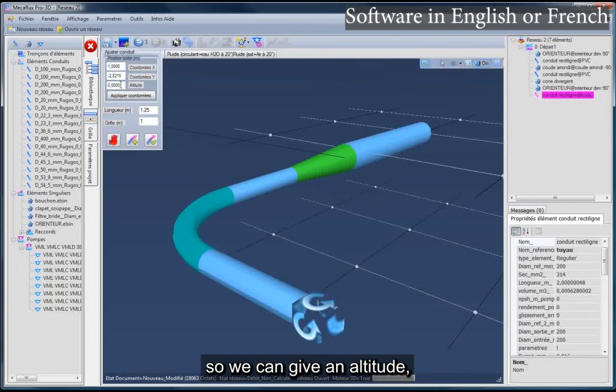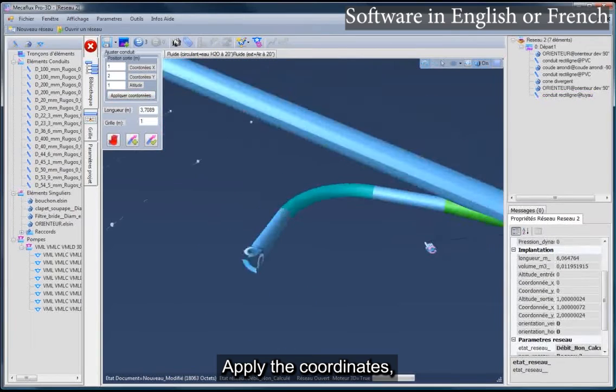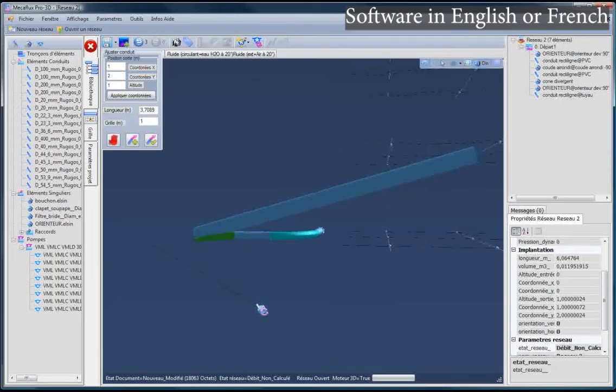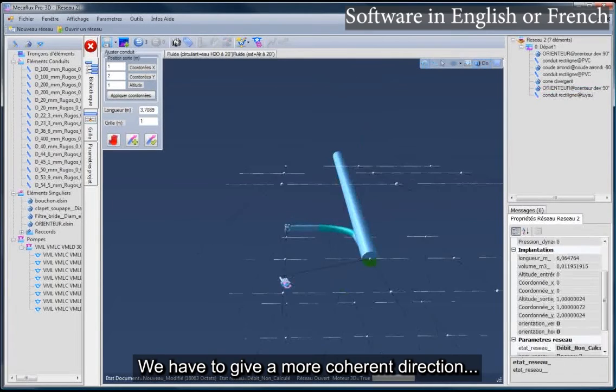So we can give an altitude and the coordinates in x and y. Apply the coordinates. We have to give a more coherent direction.